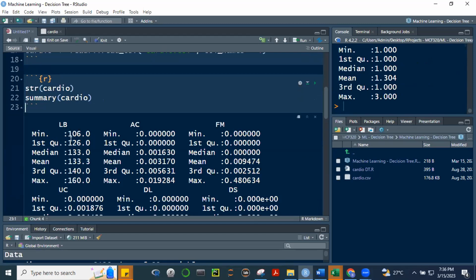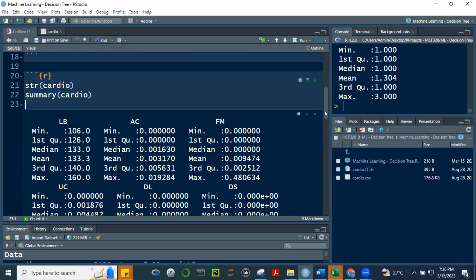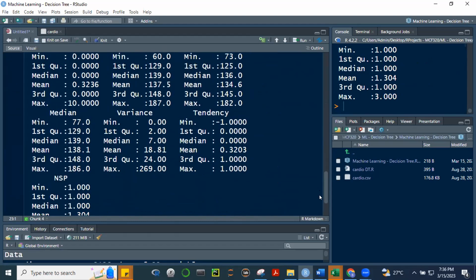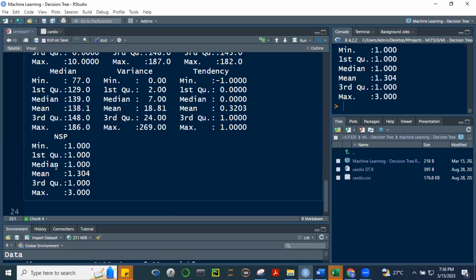Bibigay sa atin yung minimum, maximum, first quartile, second quartile, third quartile, plus the mean. So since these are numerical variables, merong may ganyang metrics, no? And kasama pa si NSP, na dapat hindi naman kasi hindi naman numeric si NSP.